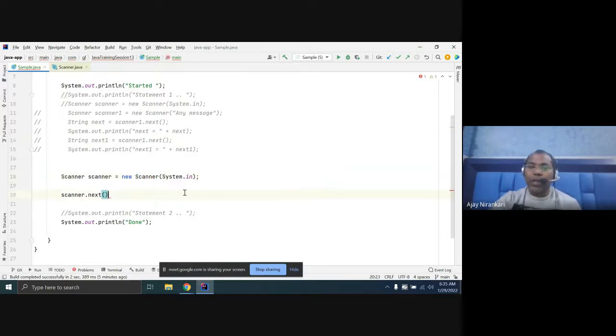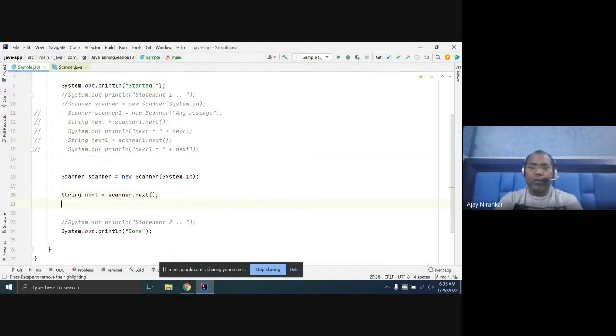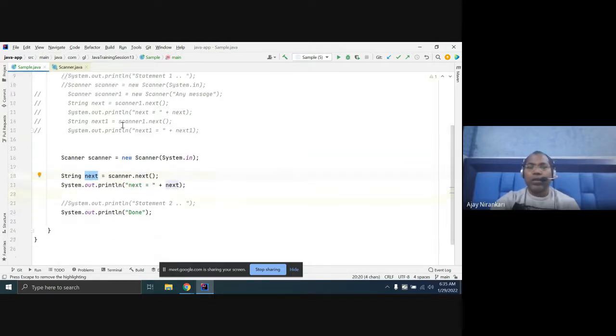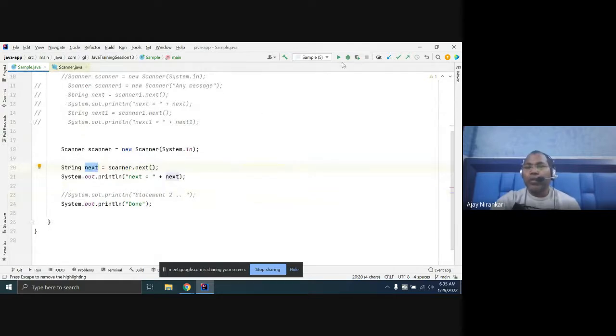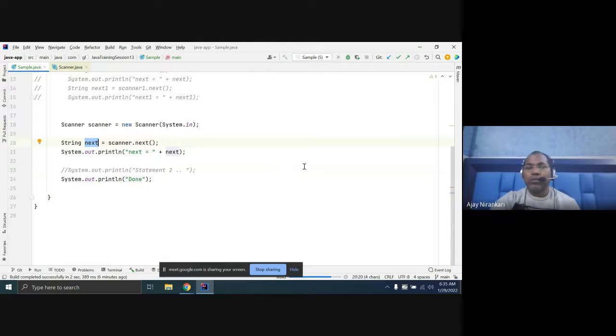Let us see what happens if you run it. What will it print? Just comment out here. If you run this code, what will it print? It started.